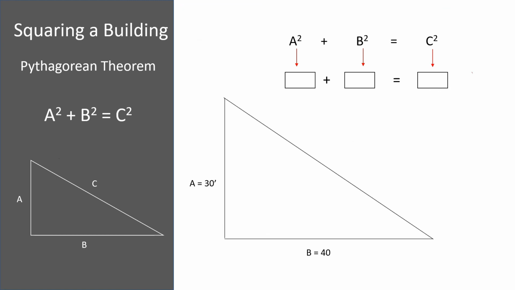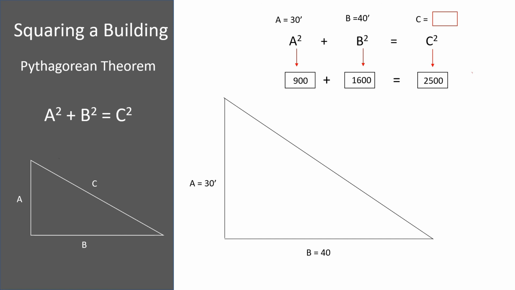Let's go over what you got. All right, A equals 30. B is 40. Our answer we're looking for is C, the long leg of this triangle. All right, so A squared was what? 900. B squared was 1600. So we add these together. 900 plus 1600 equals